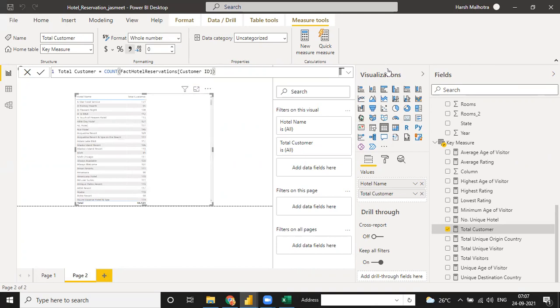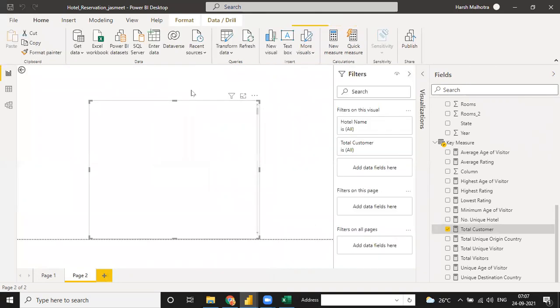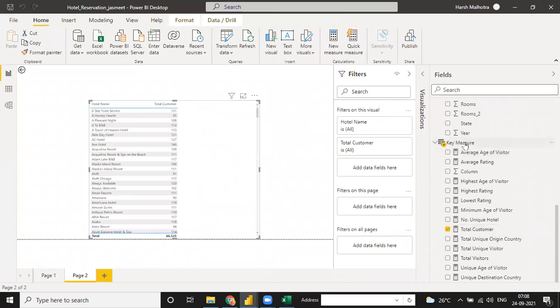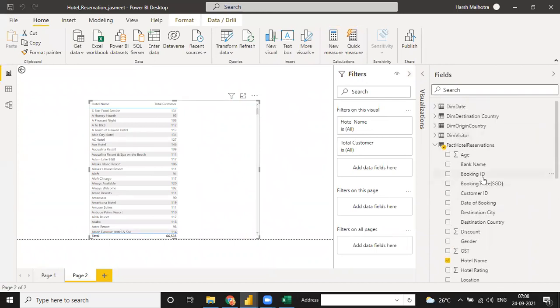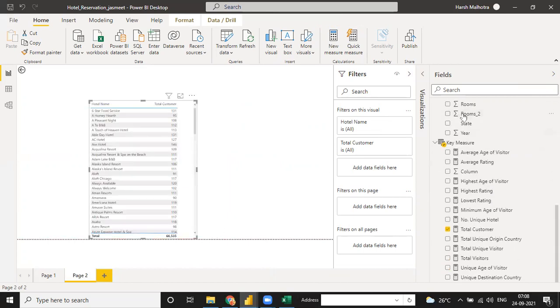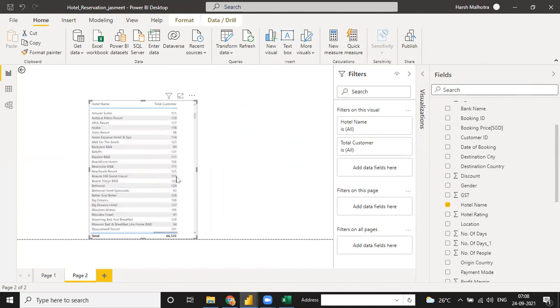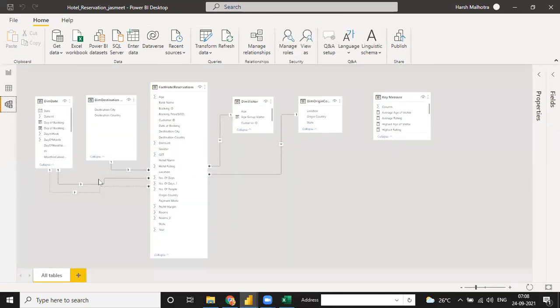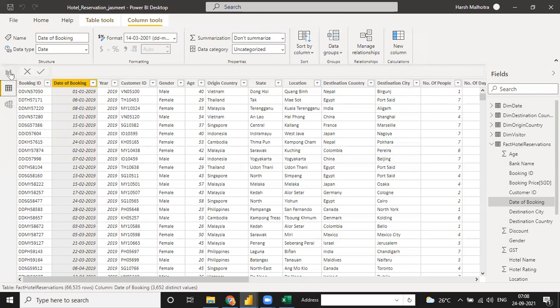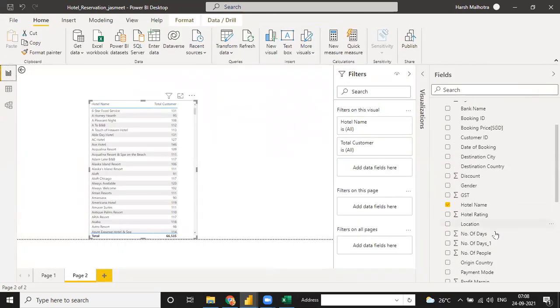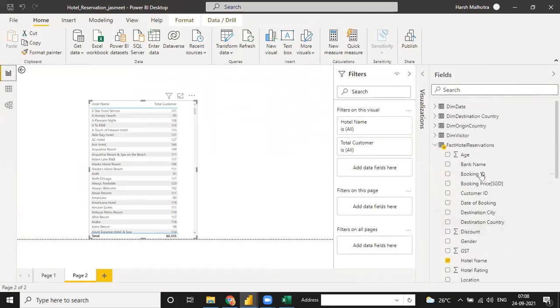See, now it's done. Because you have to calculate every measure from your main file. And if you want a unique measure, then you calculate only from a dim table. See, now it's done automatically. Because your relationship is good, that is the reason for this. Okay, your count this measure is wrong. Okay, now it's done.